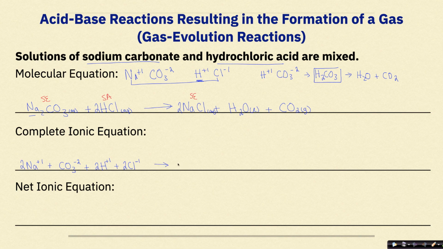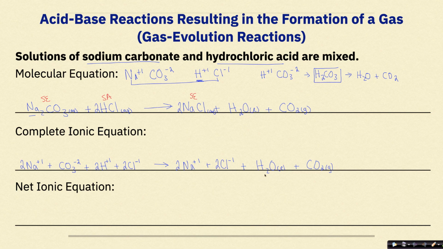NaCl is a strong electrolyte, so 2Na plus 1 plus 2Cl minus 1 plus H2O liquid plus CO2 gas. Excellent. Now we're going to go through and cancel out our spectator ions because